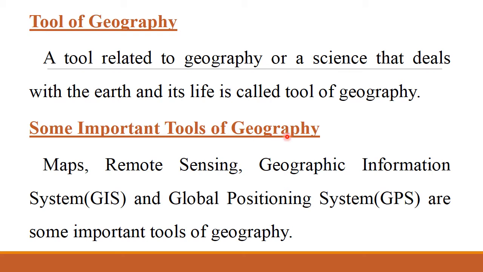Some important tools of geography are maps, remote sensing, Geographic Information System or GIS, and Global Positioning System or GPS. In the modern era, geographers use all these tools to get the spatial information of any area of the